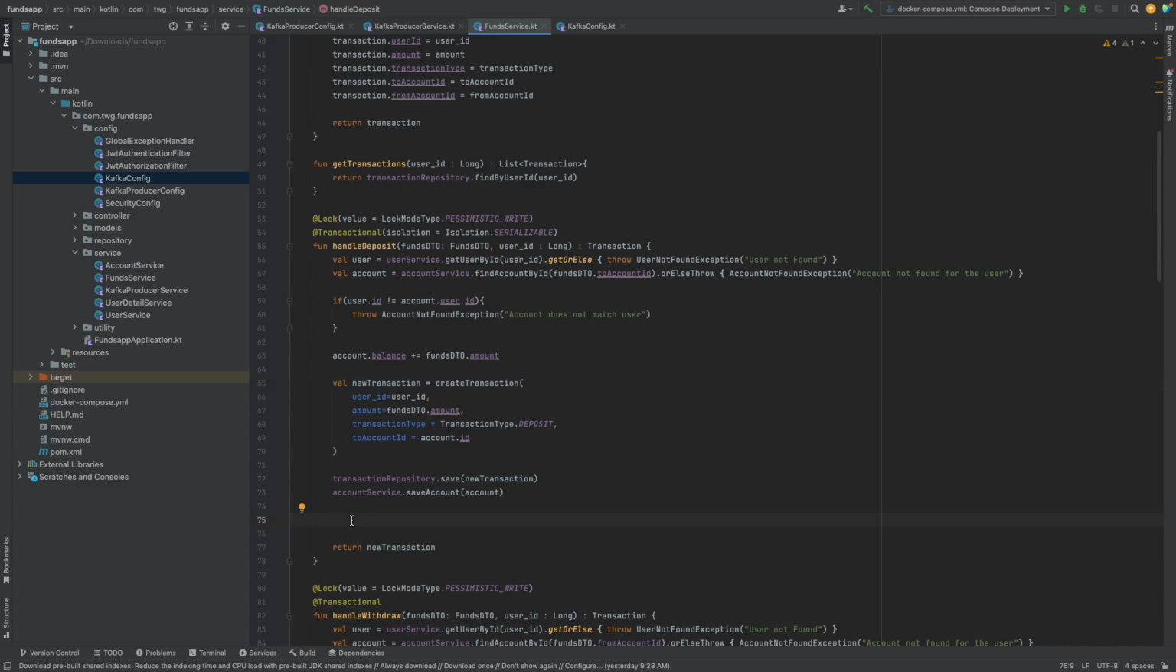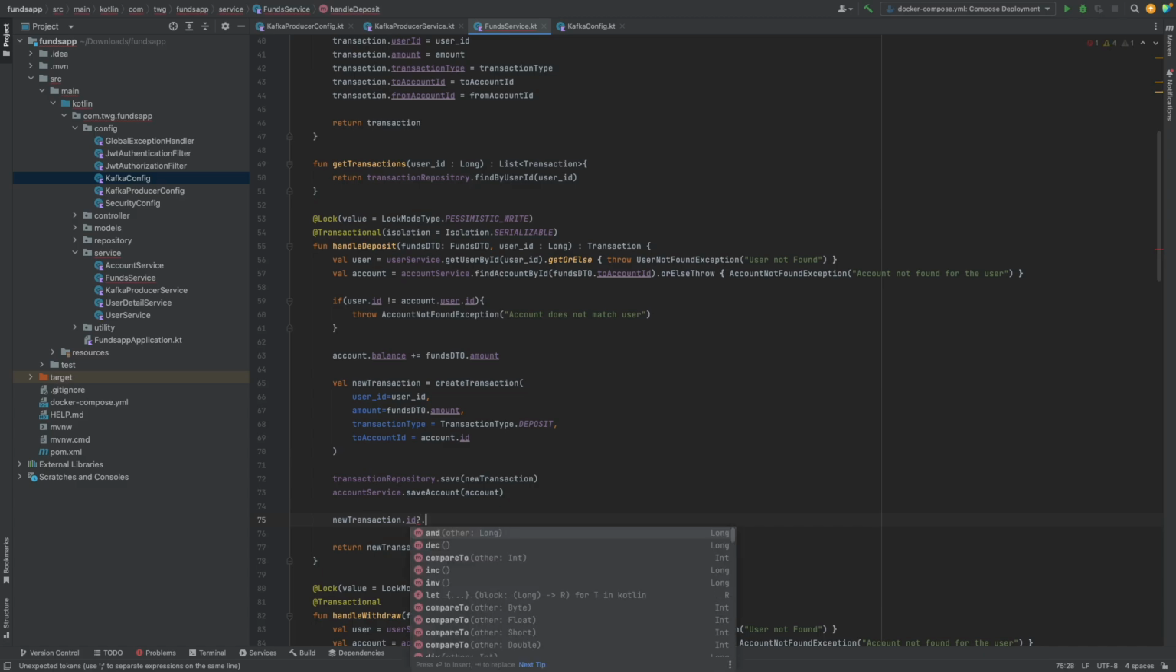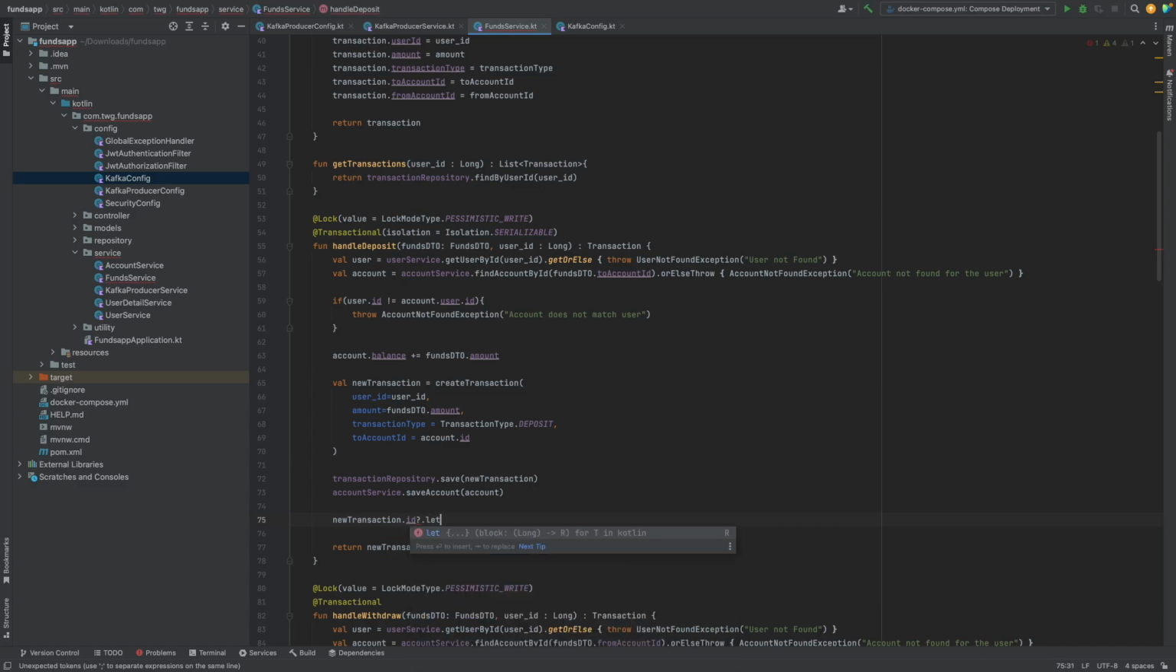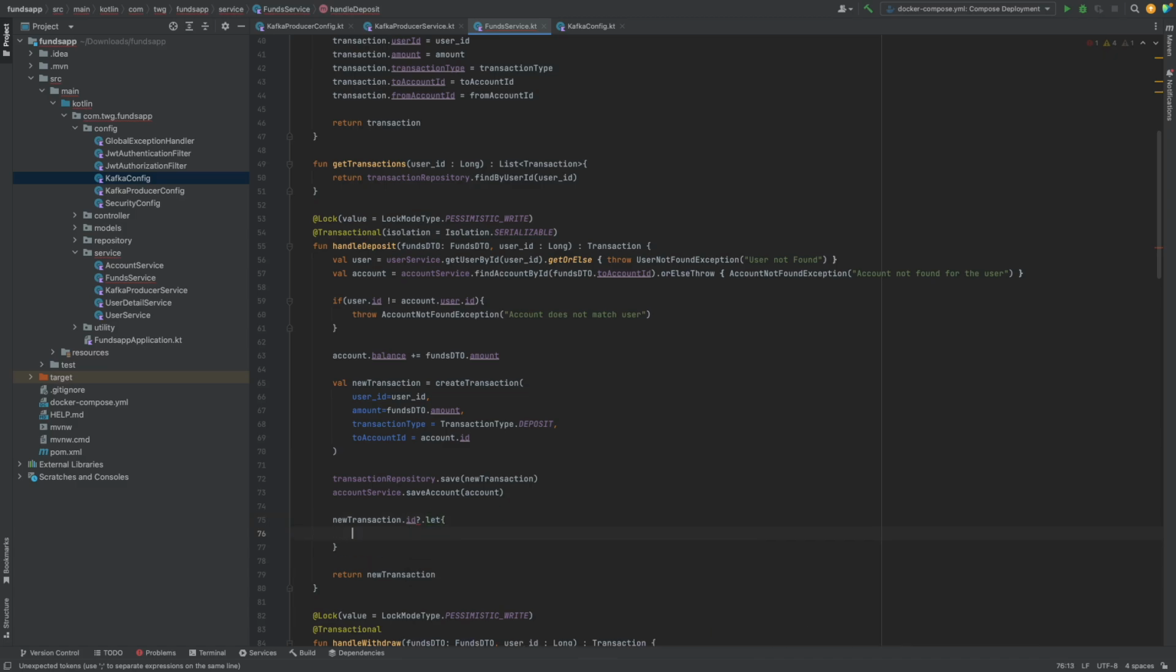So then we can utilize that transaction ID to send a message to our topic. So we can do new transaction, and we could do dot ID, and we're going to do a safe call here because ID can't be nullable and Kotlin doesn't like nullable. And then we're going to utilize the scope function that we utilize a lot in this course, which is let. And if this ID value is not null, which we expect it not to be because we just saved it and no issues arise because we got to this point. But like I said, Kotlin gets angry if you don't check. But once we confirm that it's not null, we can go ahead and let Kotlin run this piece of code